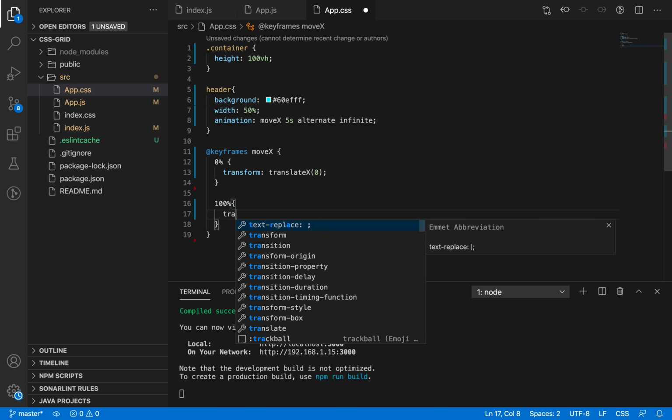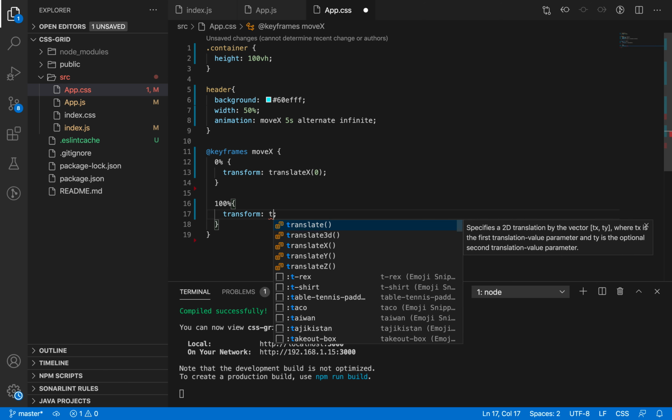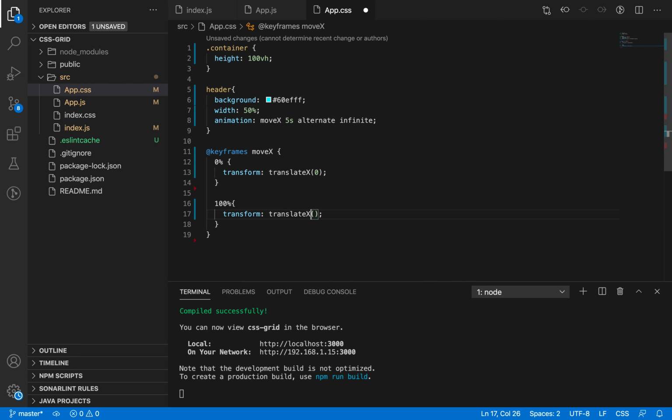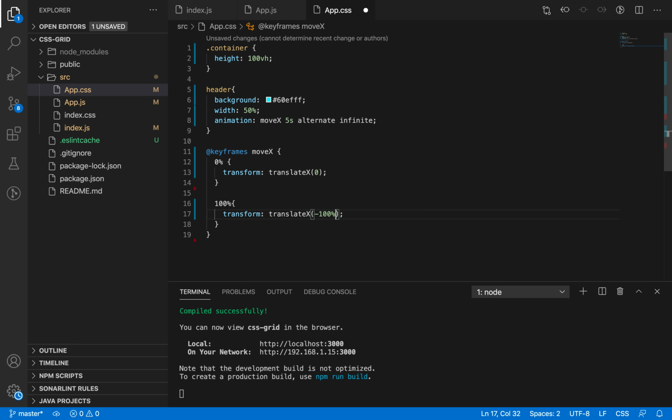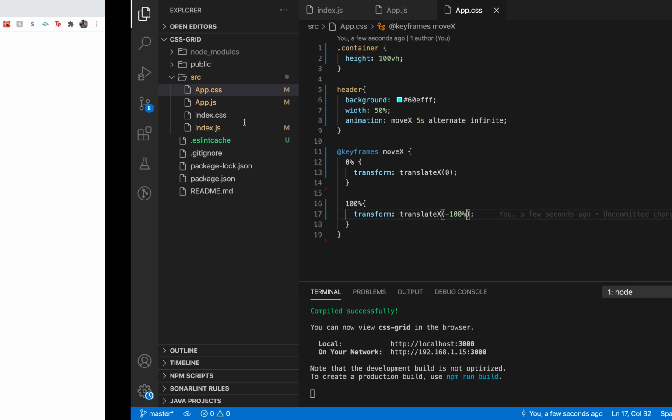and at the end state of the animation I want the element to be completely hidden. I want the element to basically move completely to the left and create the illusion that the element is disappearing. So we can do that through something like this. As you can see, the element is withdrawing towards the left, and there's a really cool animation.